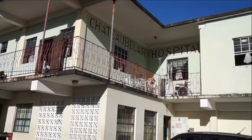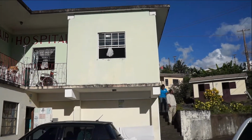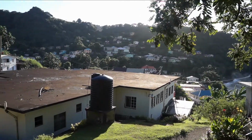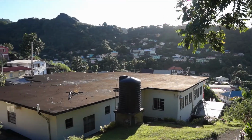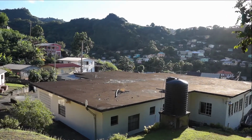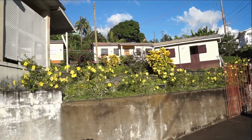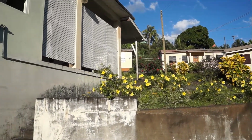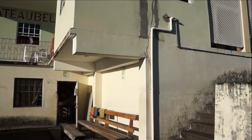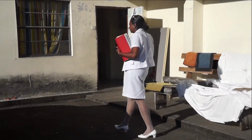showcase facility. The Chateaubelair Hospital and Health Center was built in 1980 and is a 19-bed facility that provides direct medical services to approximately 8,240 persons. It offers an average of 400 consultations and up to 24 admissions per month and is served by 24 members of staff. The compound includes approximately 1.66 acres of land and consists of 4 buildings that provide for living quarters and a 2-story building that includes the hospital on the 2nd floor and the clinic and HIV section on the